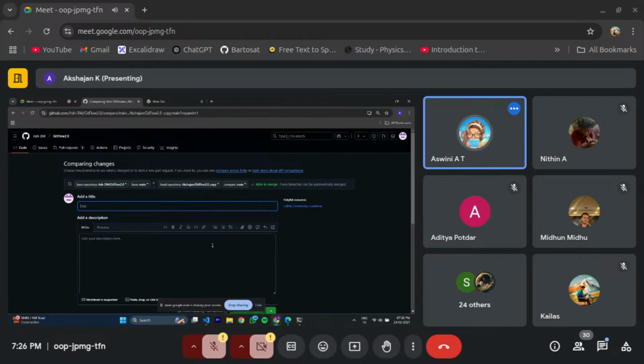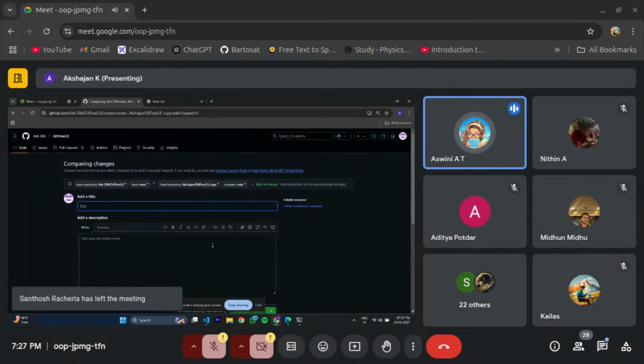So whenever you're working in a team for building a software or a project, let's say there are three people, and one of them is the team leader maybe, and they created the repository. Then the other two members will fork the repository from the team leader's main repository, and then they will work on two different changes. Maybe one person is working on feature A, and one person is working on feature B. Once person A is done with creating feature A and wants to submit their feature to the main repository, that is the team leader's repository,